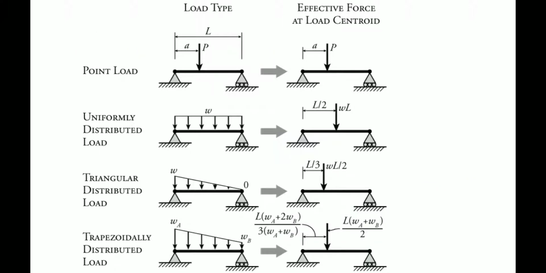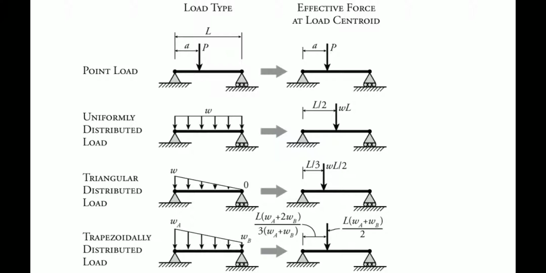Then to summarize: point loading means at a point the load is acting. Uniformly distributed load means the load is uniformly distributed throughout. The effective point load means W into L, which is acting at a distance of L by 2, at the midpoint. Then triangular distributed load. The triangular load means uniformly varying load. Here the effective point load is WL by 2, that is the half base into height formula. Then the distance is from the maximum value, L by 3. From the minimum value it is 2 by 3 of the length.